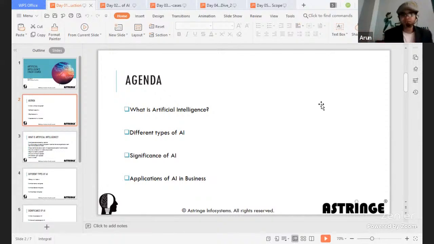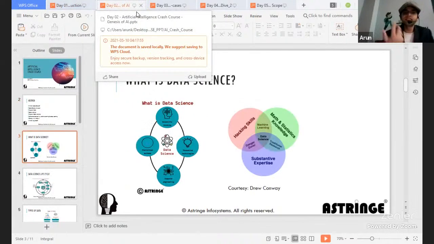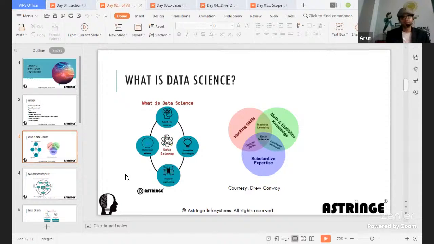But before I proceed further with artificial intelligence, there is something even more intriguing and more important than AI. Even I missed it probably in this PPT, but that should be the first thing, and then we start with AI. So what is that? There is something called the genesis of AI. That's called data science. What is data science?